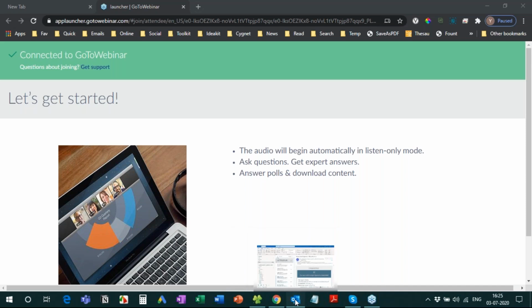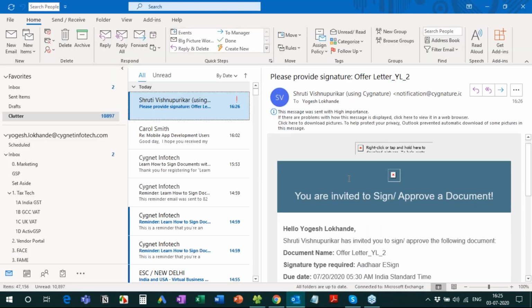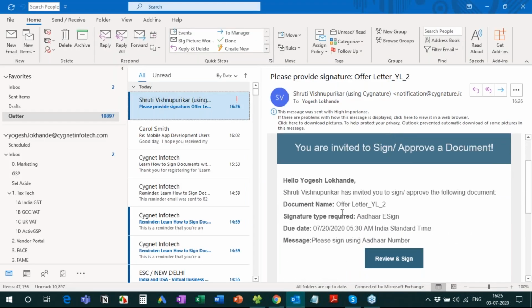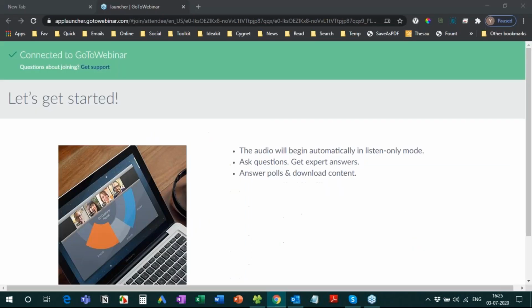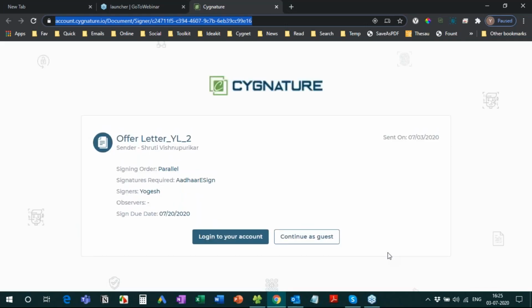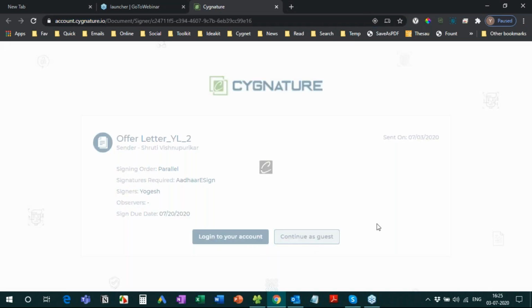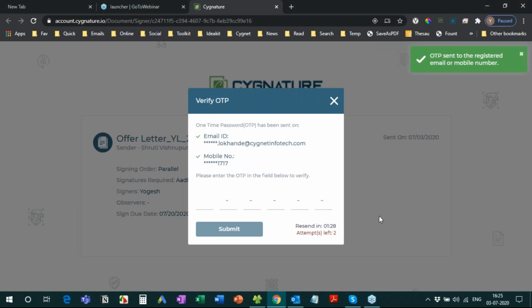Fair enough. So yeah, I have received one email from Shruti for signing this document. So I will click on review and sign. Okay, I don't have an account on Signature, so I'll continue as a guest. And even for a guest, an OTP is being sent to the mobile number and email ID.